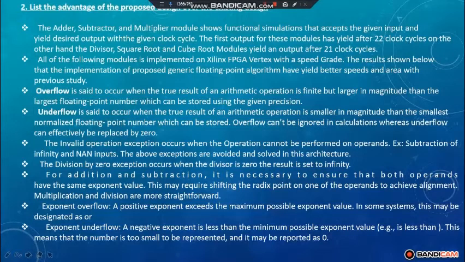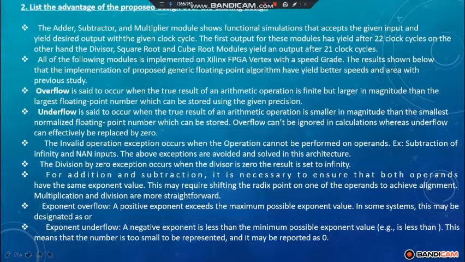Next, the list of advantages of the proposed system. The adder, subtractor and multiplier modules show functional simulations that accept the given input and yield the desired output with the given clock cycles. The first output for these modules is yielded after 22 clock cycles. On the other hand, the divisor, square root and cube root modules yield the output in 21 clock cycles